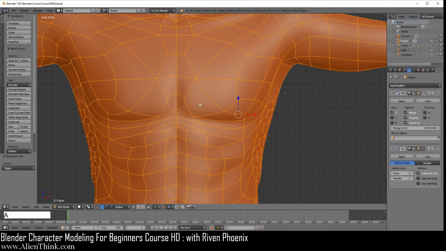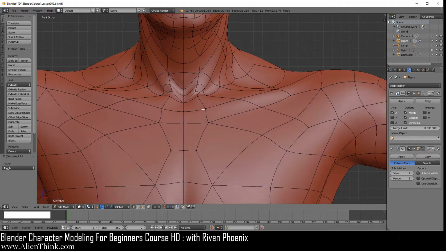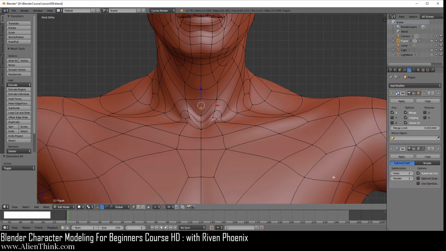So just do A to select and A to deselect everything and Shift middle mouse button to pan over here. We're going to talk about this vertex over here. Now we've already talked about these concepts of triangles and quads and using the subdivision modifier. And you already understand that the subdivision modifier always creates the quads for you. It doesn't care if it's a triangle or quad. And we understand that we model everything with quads.